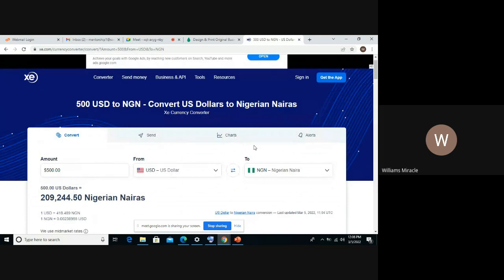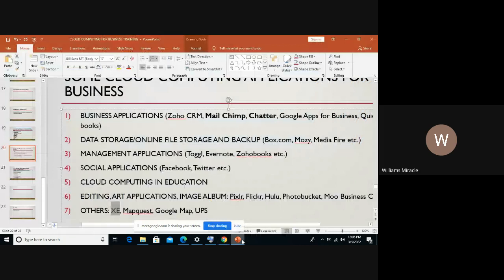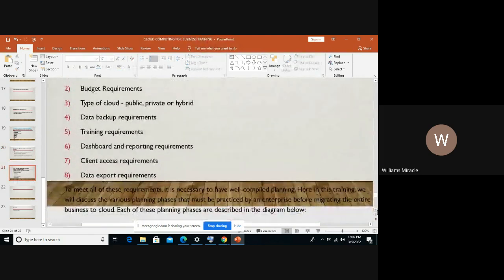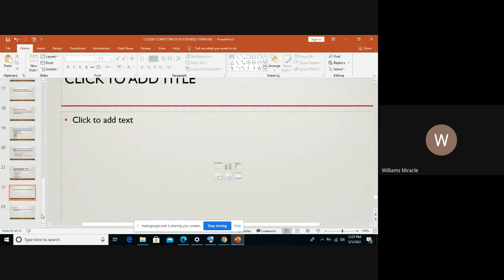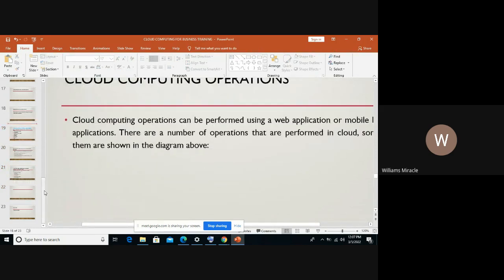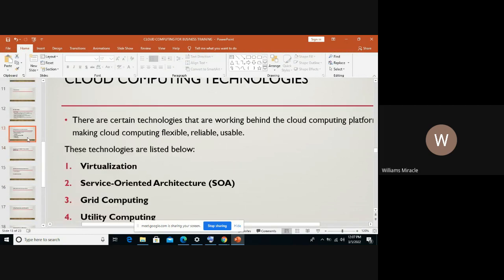So this is just for the conversion aspect. Going back to our screen, at this point I believe you can see the social applications where we have Facebook, Twitter. These ones are notable cloud applications. No emphasis needs to be put on this, we all know these ones. In line with all these ingredients I've shared with you so far, the major purpose is to give you an understanding of what cloud computing is all about. I believe you're well grounded with these.